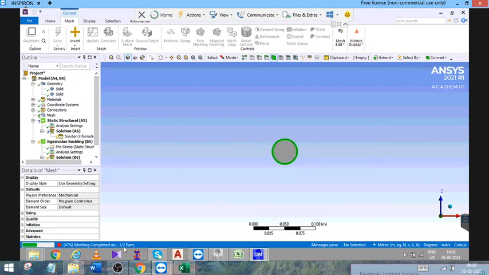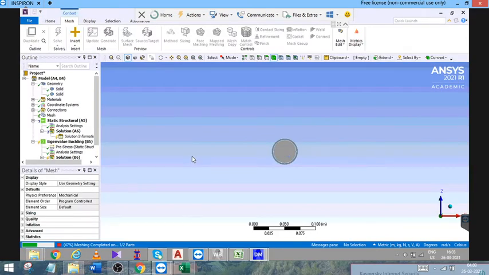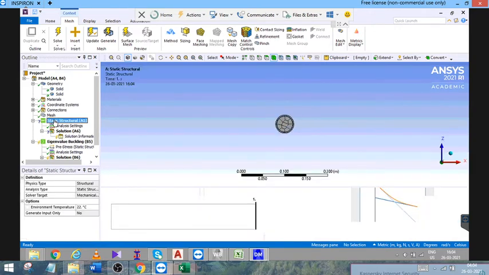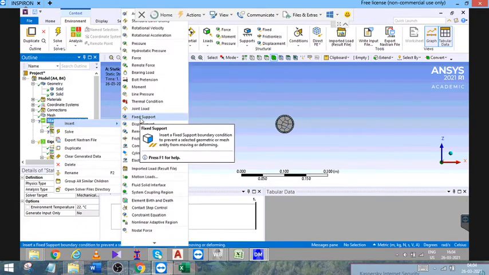The mesh has been created. You need not specify the dimension of the mesh based upon your computer's configuration. If you have put the element size as default, the software will calculate the most appropriate dimension for your particular specimen in order to get the most accurate values. In static structural, right click on insert, click on fixed support.